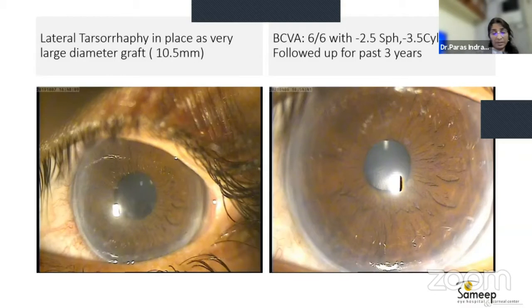And the one thing which you can note here is I've still kept a lateral tarsorrhaphy because this is a very, very large graft, about 10.5 millimeter or 11 millimeter in size. So these are the cases where there will be some epithelial problems, and that's why I've kept the